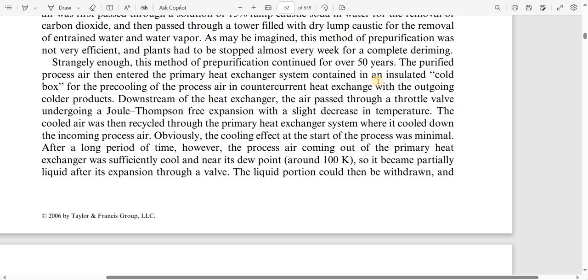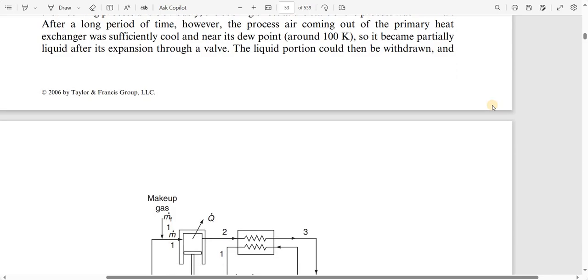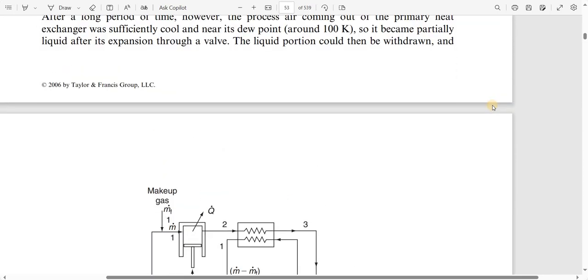After a long period of time, however, the process air coming out of the primary heat exchanger was sufficiently cool and near its dew point, around 100 K. So it became partially liquid after its expansion through a valve. The liquid portion could then be withdrawn and